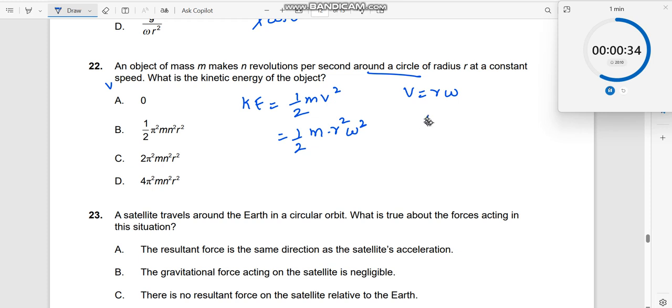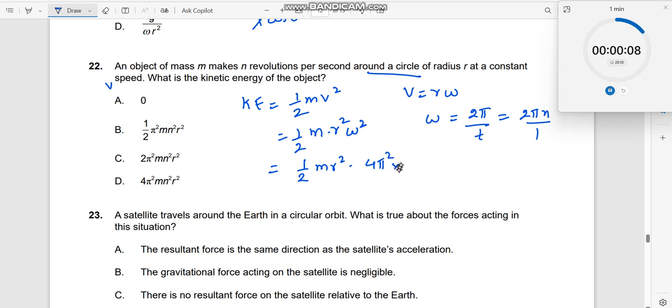Now what is omega? Angular velocity. This should be equal to 2 pi divided by time taken. What is the time taken? Now you see it makes n revolutions per second, so I can write this as 2 pi into n divided by 1. This is your omega. So therefore I can substitute over here, which should be half m r square into